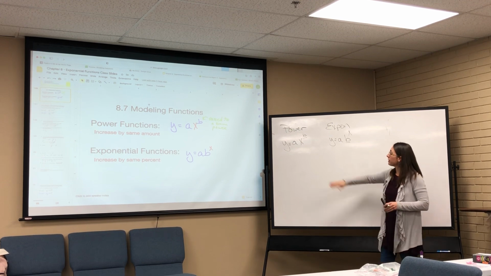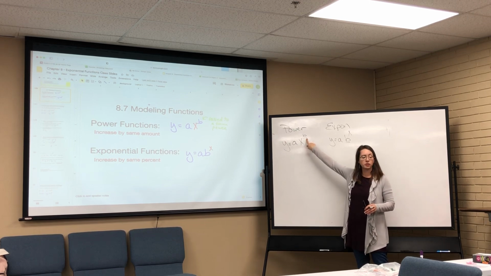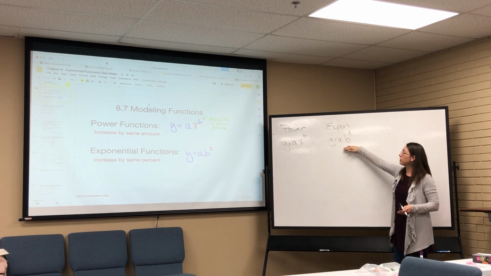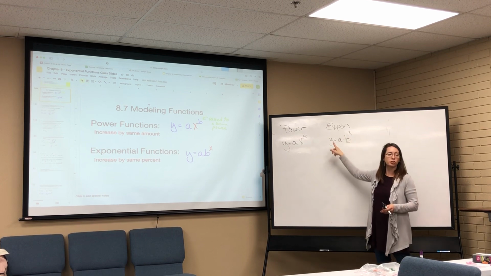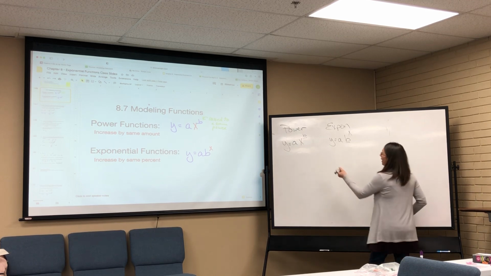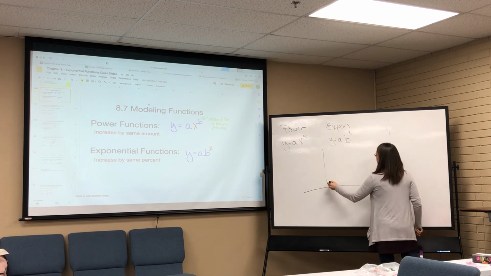So the difference, as I have it here, power functions increase by the same amount every single time, right? So if this was a 2, every single number would be squared, okay? When we had our exponential functions, we're increasing by 1% because our base is what's changing, okay? The important part is that as we look at a graph, or if you're in business and looking at sales